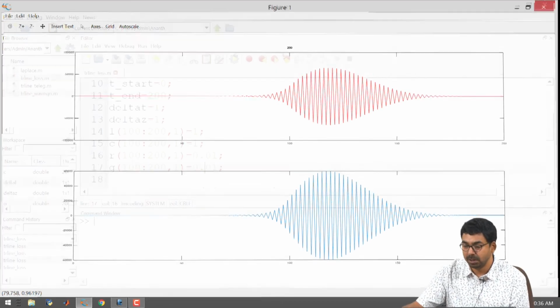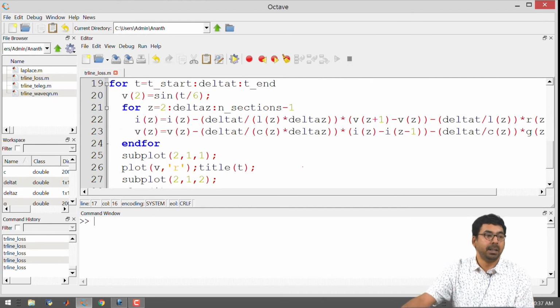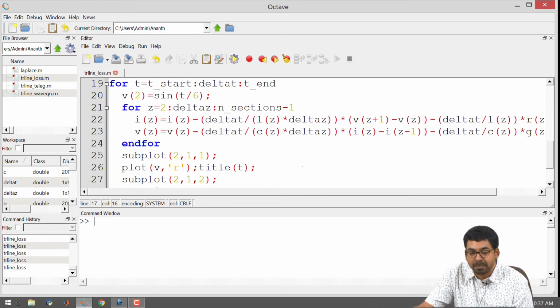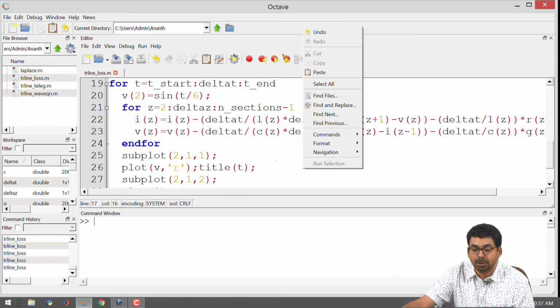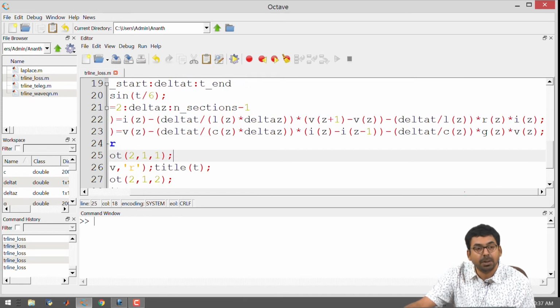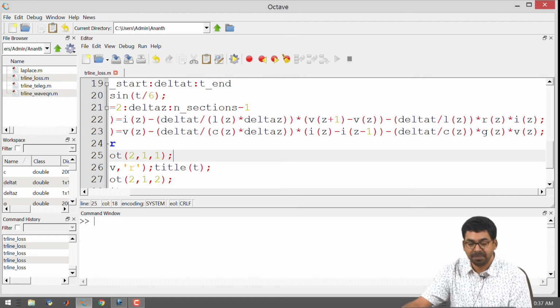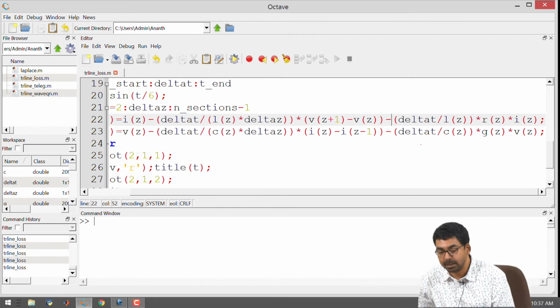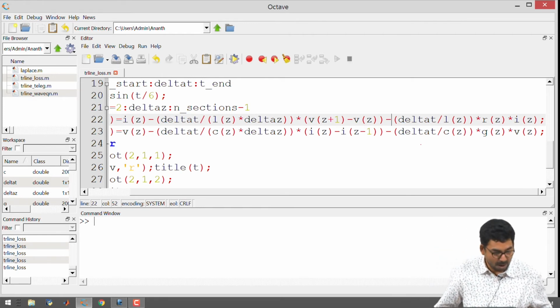So, then we know that the problem cannot be with the entire update equation. It was working fine, and if R is equal to 0 and G is equal to 0, it still works fine. But only when I start adding R and G, it starts to do something weird. That means the problem is with the terms that I have added. The question then naturally becomes, is it okay to add just terms like this to your update equation? Because you have delta t divided by L of z multiplied by R of z I of z. This is the way we have written. Now, is it correct to write it like this?